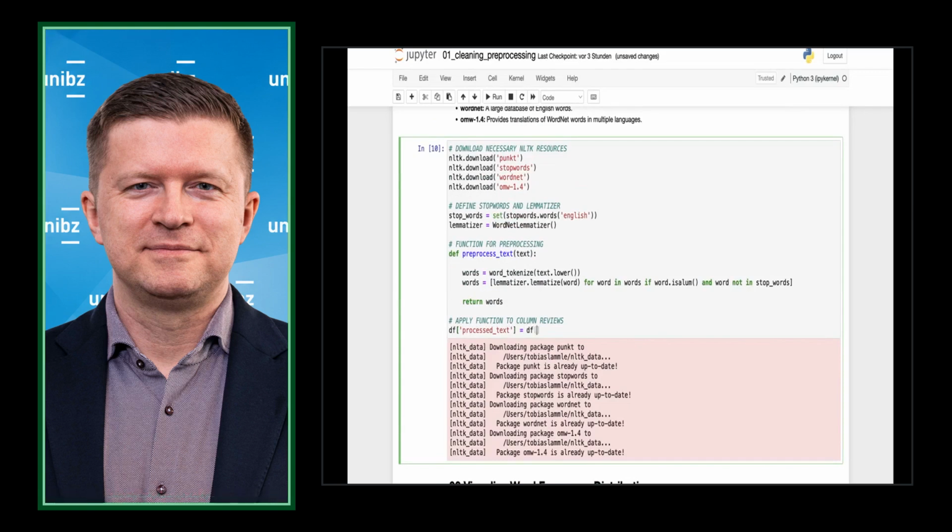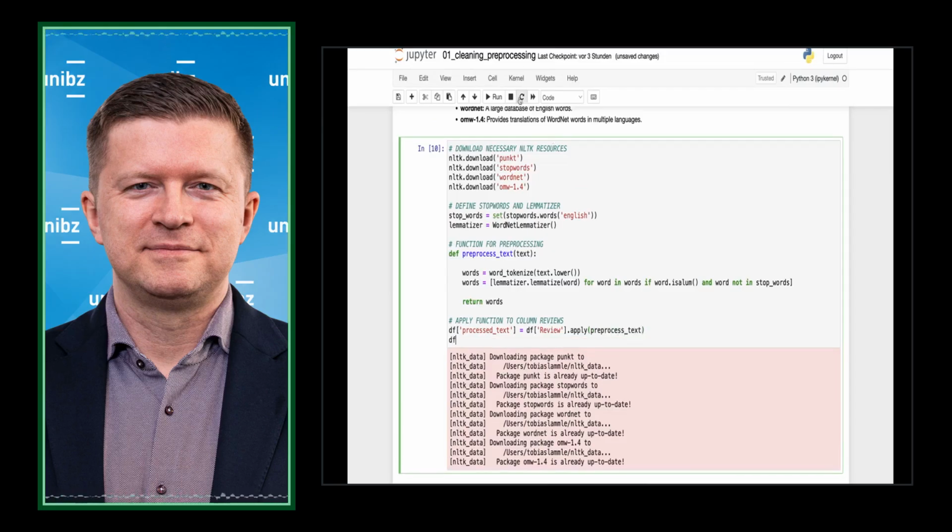So review is our column we want to preprocess, and we do this by applying our just built function that we have built, preprocess_text. All right. Let's take a look afterwards.